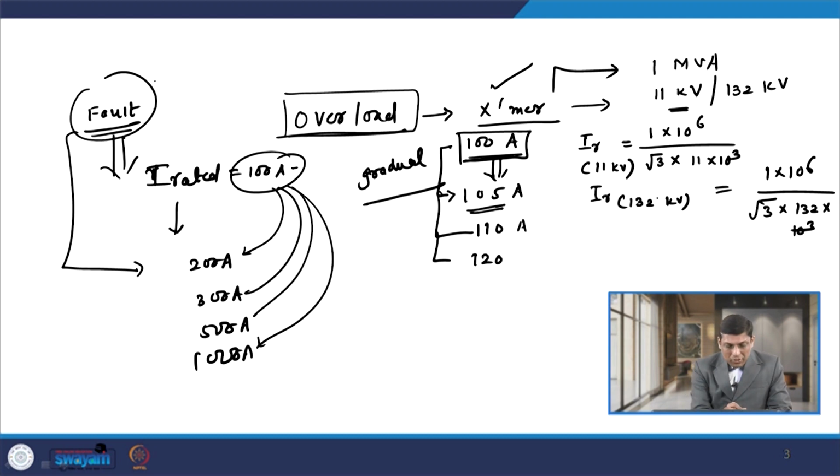Now, as both phenomena, overload and fault, are different, we have to consider overload separately from the fault, and we need a protective device which can effectively discriminate between overload and fault conditions. In the overload condition, as the increase in load is gradual, there is no need to trip the equipment immediately by the relay, whereas in case of a fault, as the increase in current with reference to the rated value is very rapid, we need instantaneous operation or disconnection of the equipment. That is the main difference between overload and fault conditions.